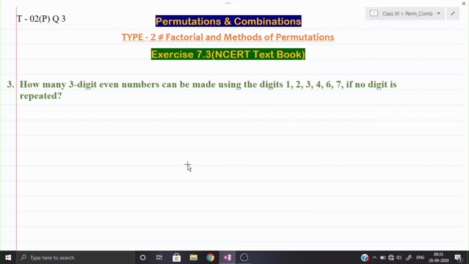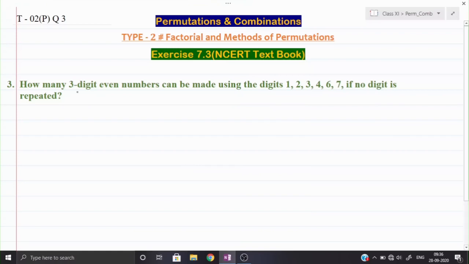then the formula we shall use here is nPr. And in this question no condition is given that you need to use the fundamental principle of counting or the methods of permutation. So in the examination you can use any method if no method is given along with the question. Okay, so let us start first.